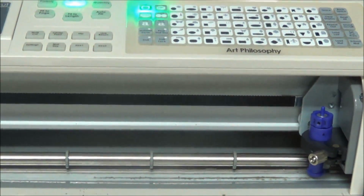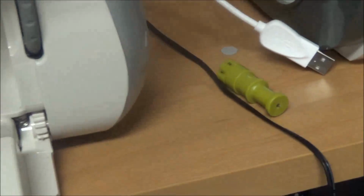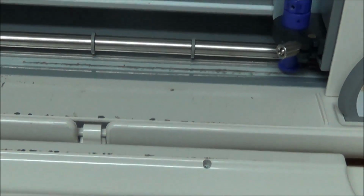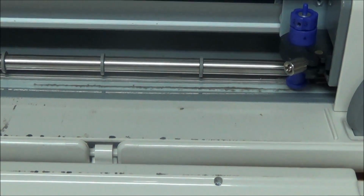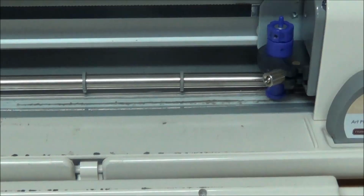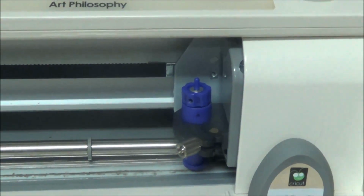But I got to thinking, and what the other person did, I'm going to just kind of scroll over here. She took the normal blade that you have here and she put it upside down so that you were no longer using the blade part, you were using the other tip. And my thought was, I wonder what in the long run that will do to your tip, but if you were just doing it occasionally, it would be fun to try. I haven't tried it,